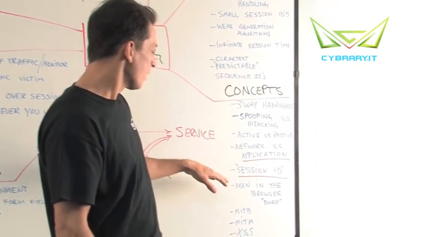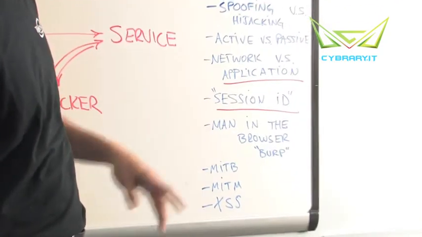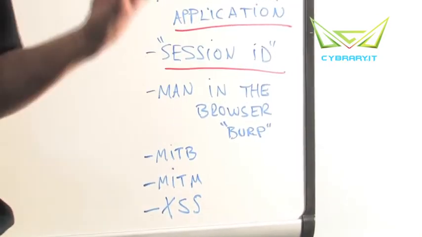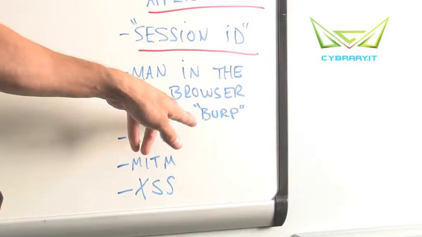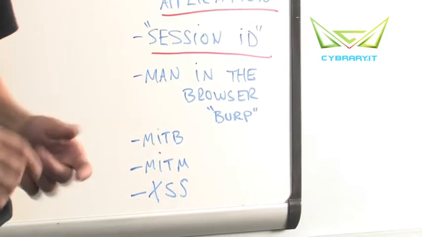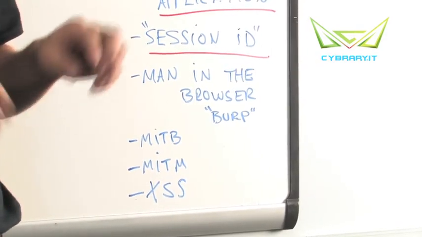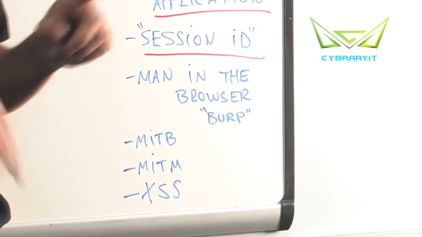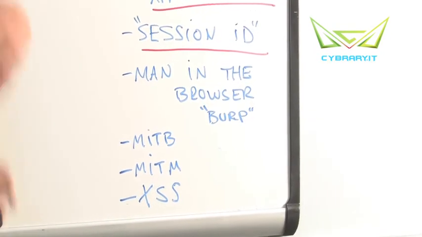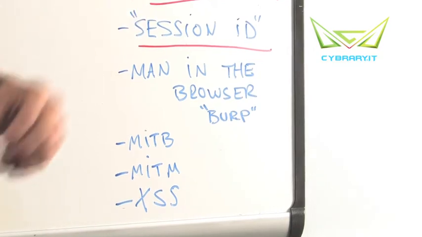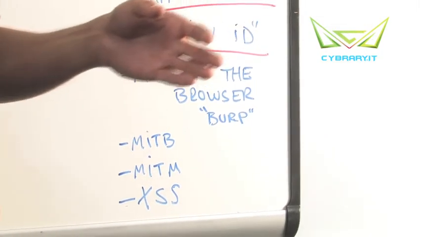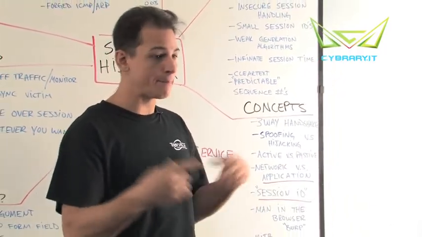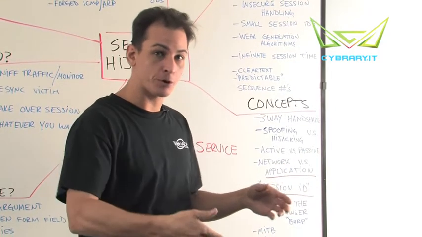All right. Let's do man in the browser. Okay, any sort of software where you have to set up an internal proxy. A great example of this is Burp Suite, because basically you're your own proxy, and then that application sniffs all the traffic and then forwards it on. So effectively there's a proxy of some sort in the relationship between the original client and the server, whether that happens directly through the web browser or in between over the network by a third party,